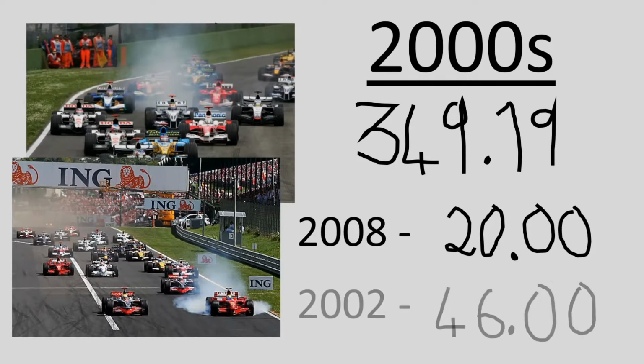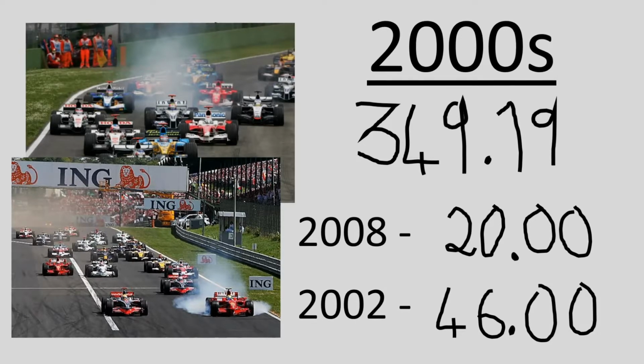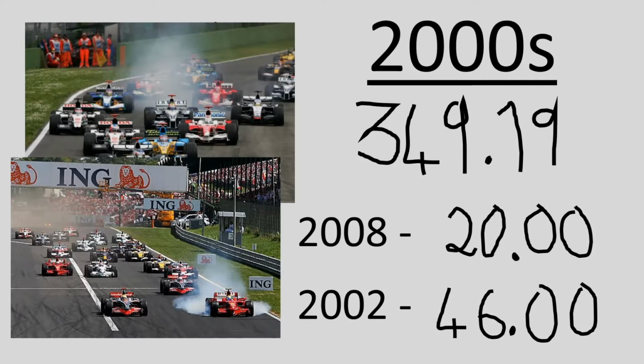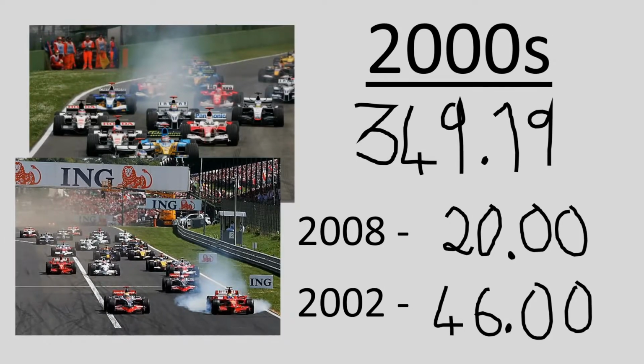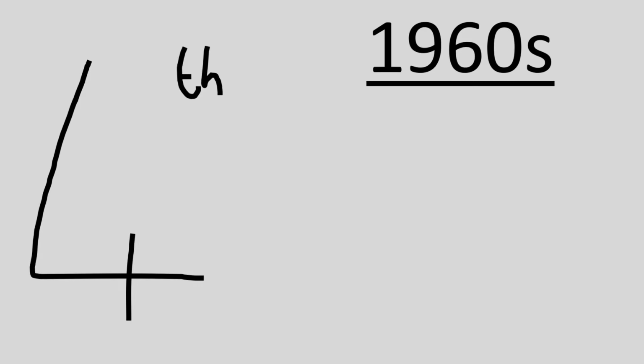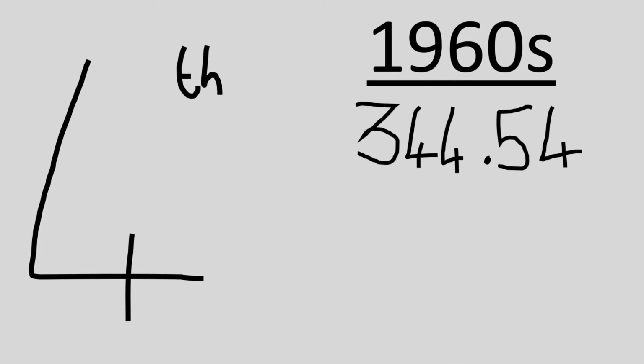And we had a worst year of, you probably could have guessed it, 2002. 46 points out of a possible 50. Schumacher won this year with 6 races to go. I think he had a lowest finish of 3rd. He finished every race on the podium. It was bonkers. And so to 4th place we've got the 1960s with a score of